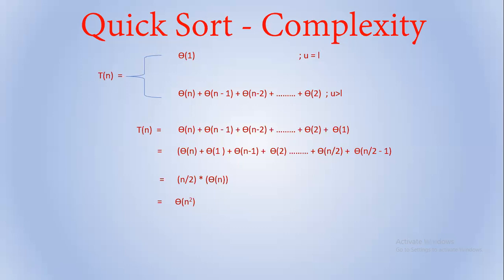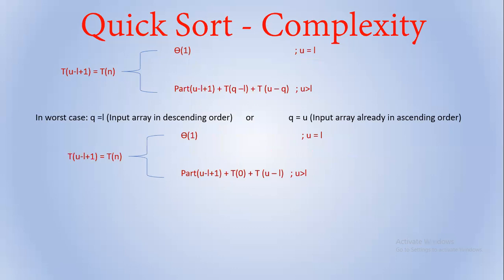So even if the input array is in ascending order or in descending order, the complexity is worse. That means it is high. So what is the best case then? The best case is the case when the input is mixed. That means it is not in ascending order or descending order. That means there is a mix of ascending and descending order. That is the best case.